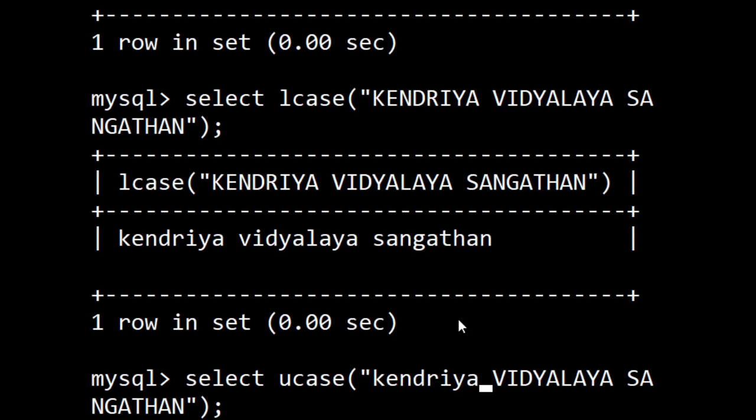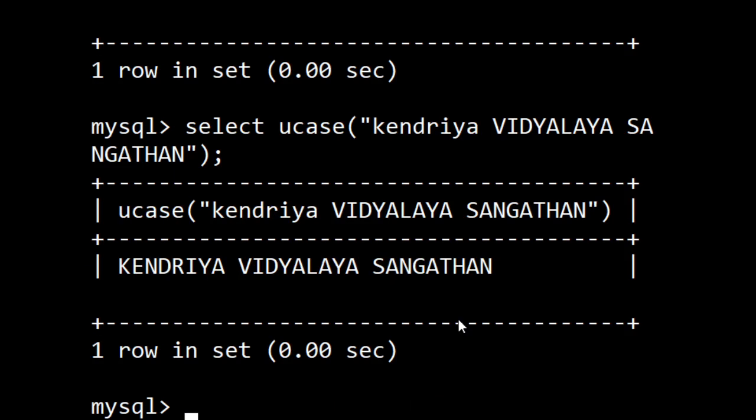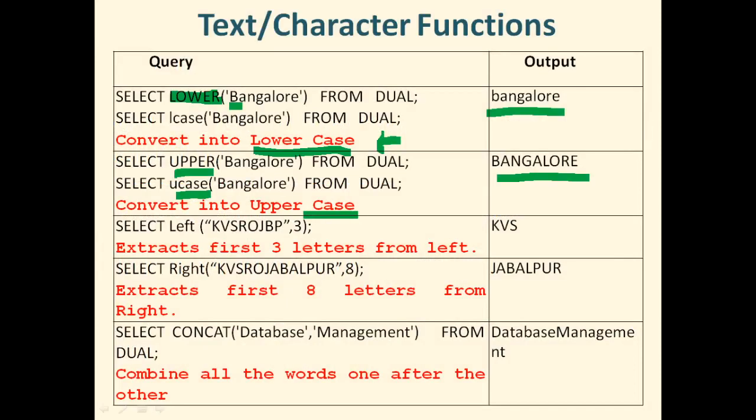Let us see what happens. I am going to run this query. This query is executed and gives you the result all in capital letters. As you can see, Kendriya has been converted to capital letters. So let us come back to our presentation slide and see some more functions.